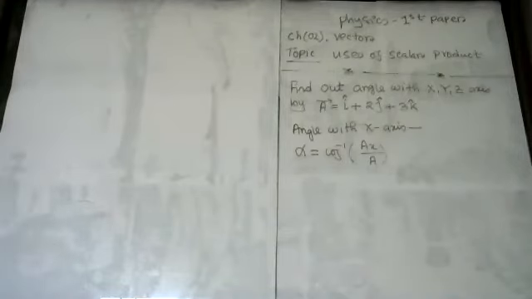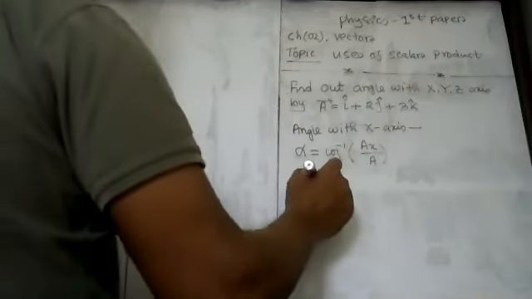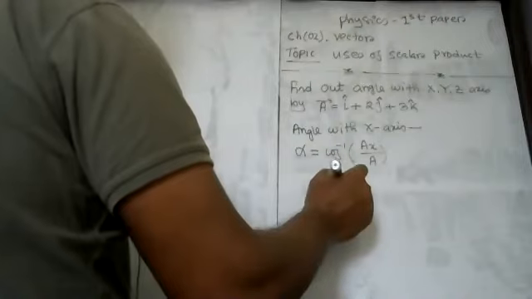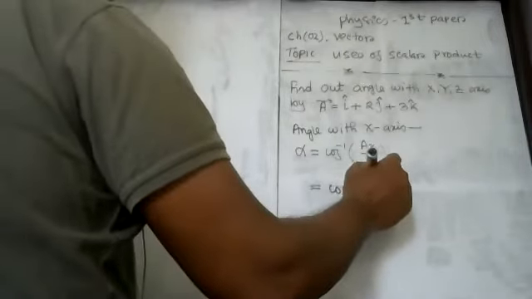Now, what is the value of ax? Ax equal to 1. Very good. So cos inverse of ax, which is 1,